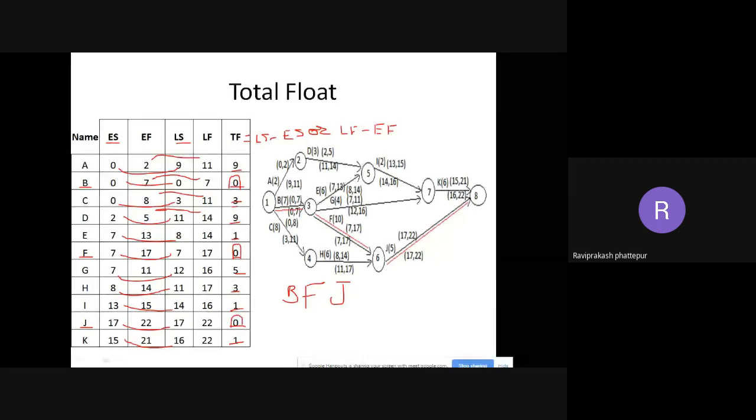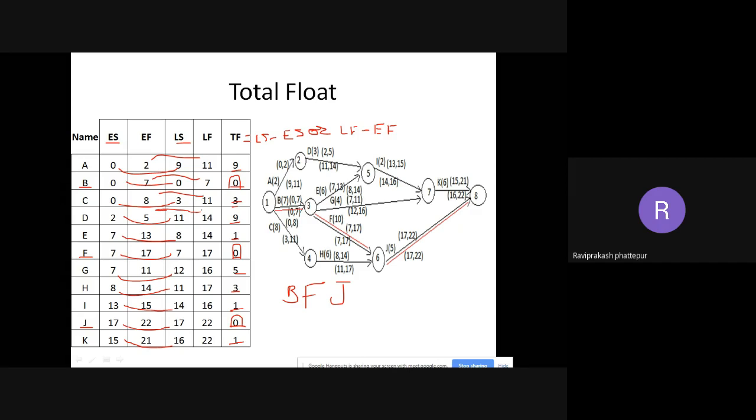If you have made any mistakes while calculating your critical path, you will not get 0 there. Your critical path float will always be 0. That is the minimum time duration to complete the project. So the duration of the project will always be the total duration of the critical path. That's why we take it as the critical path. We cannot change anything in the critical path.